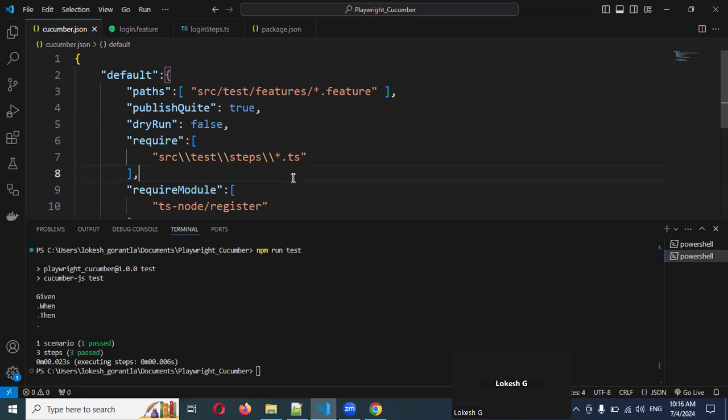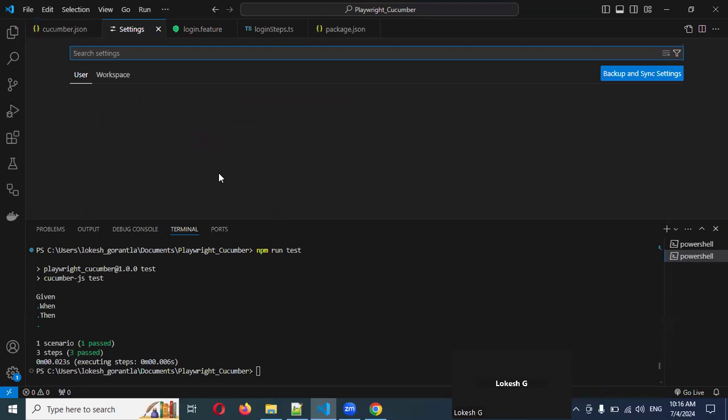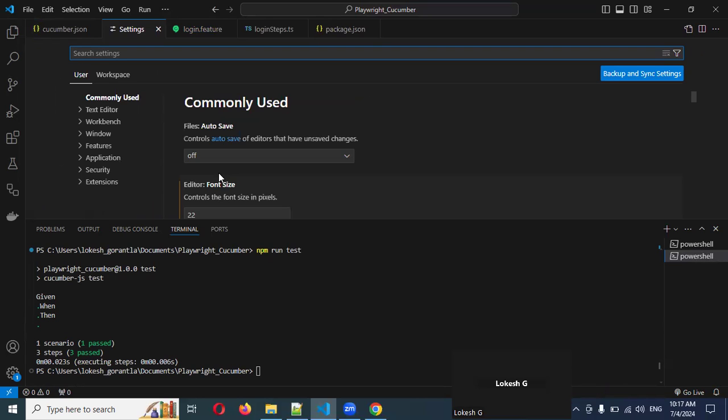Okay, problem solving. Now here you can click in any file, no issues. Control and comma, control and comma. Okay, once you press the comma,